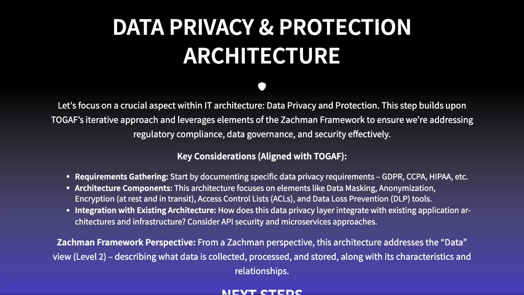We're building on our understanding of TOGAF's iterative process, using it as a foundation for this specific focus. Key things we need to think about are gathering detailed requirements like GDPR or CCPA and then identifying the architectural components that will help us meet those needs. This could include techniques like data masking, anonymization, and encryption. It's also vital to understand how all of this fits into your broader IT architecture, ensuring it integrates seamlessly with